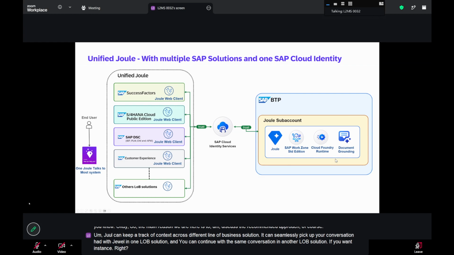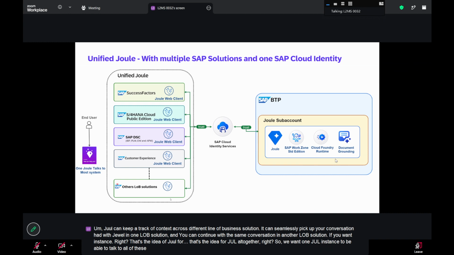That's the idea for Joule altogether. So we want one Joule instance to be able to talk to all of these line of business solutions in scope. That's only possible if all of these LOB solutions are connected to the same cloud identity services